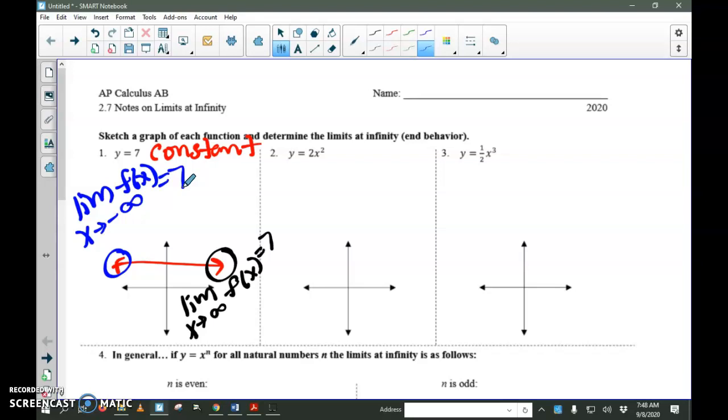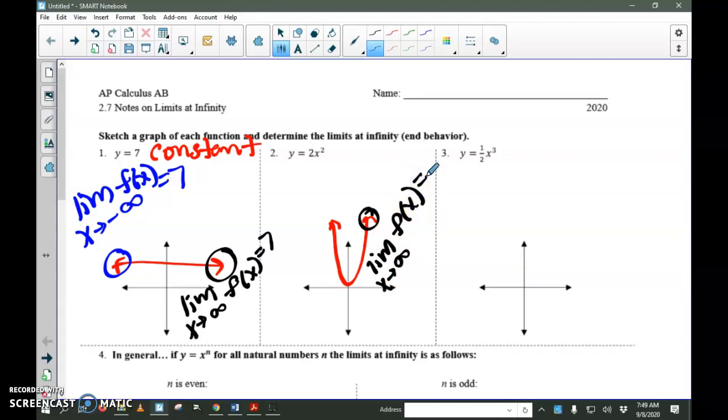All right, 2, y equals 2x squared. If I were to graph y equals 2x squared, I would have a parabola with a little bit of a vertical stretch, okay? And again, I'm looking at the end behavior. What's happening to my function as my x values continue to grow more and more positive? Well, the limit as x approaches infinity for this particular function,